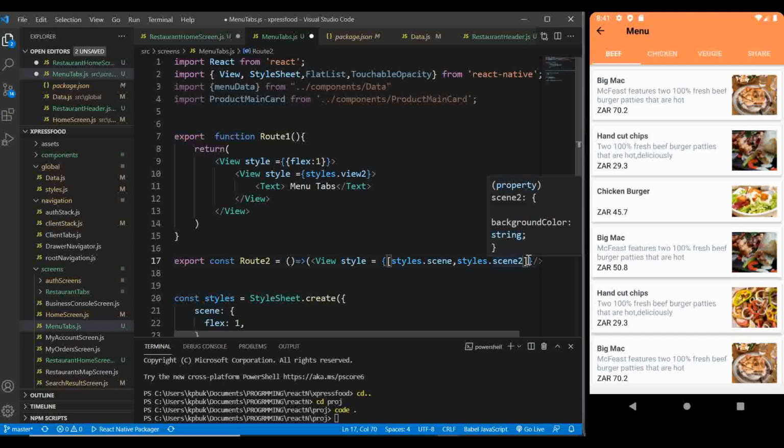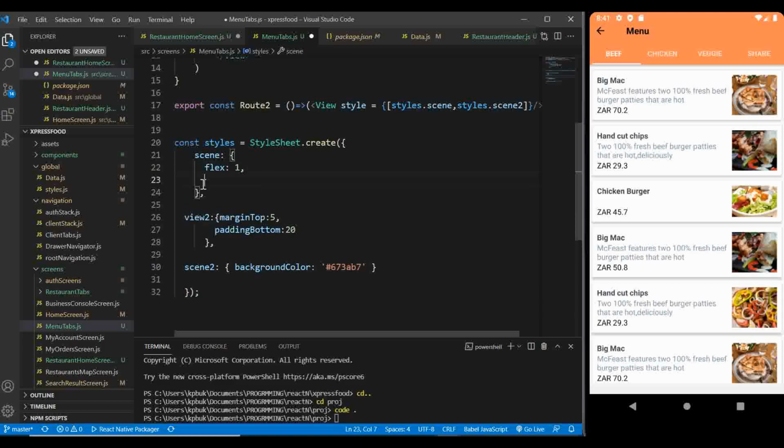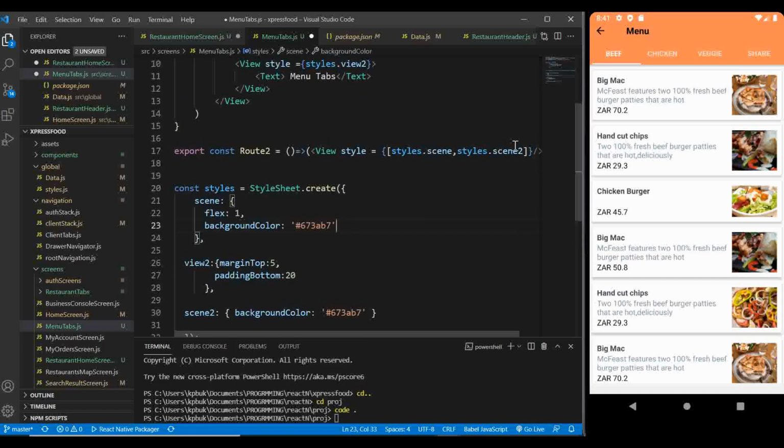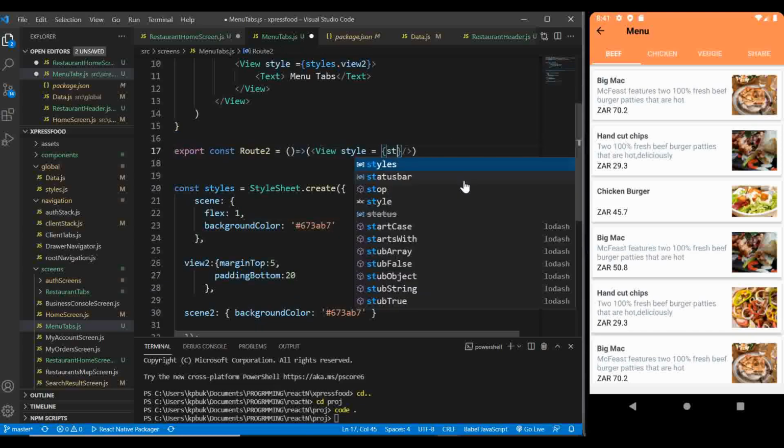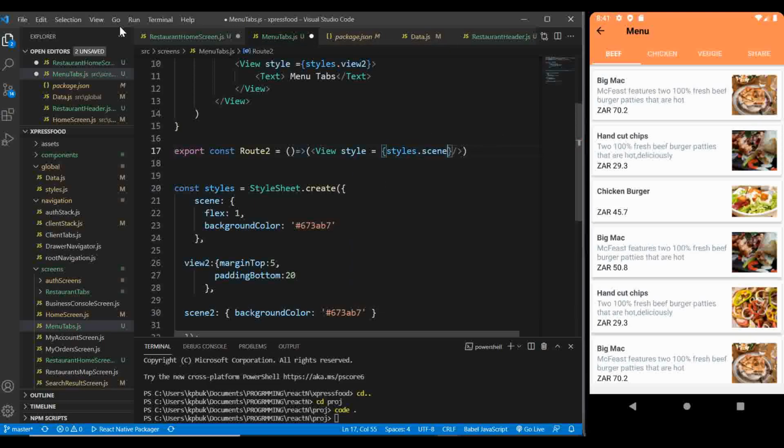Normally I don't even have to do this, I could just simply put all this together. Let me just copy this, paste it as well there, so I don't have to duplicate things. You can simply remove all this, then just say styles dot scene. Okay, and I'm going to